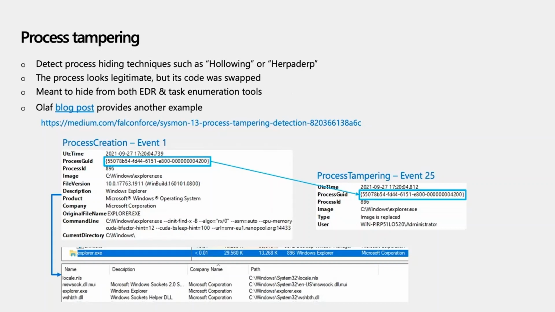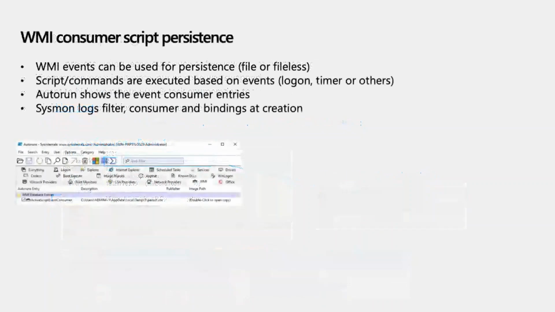The last event I would like to talk about is WMI and how it can be used for persistence. If you're not familiar with WMI, WMI is a database on Windows that allows you to learn more about the operating system and have events that happen for when different things happen in general. WMI can also be useful for an attacker as persistence on a file, or persistence as we call fileless, where the script will be embedded within WMI.